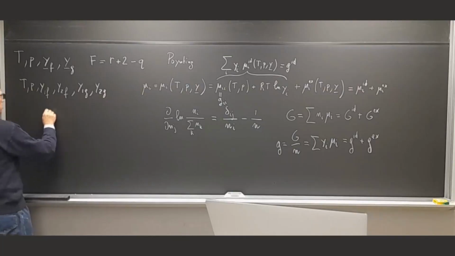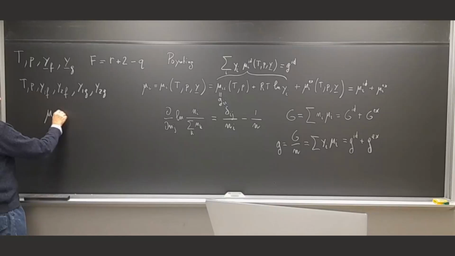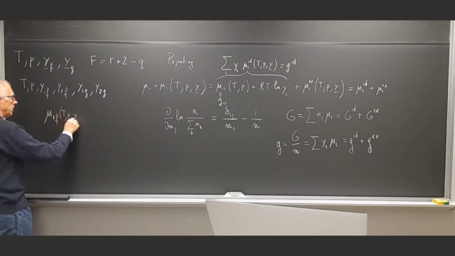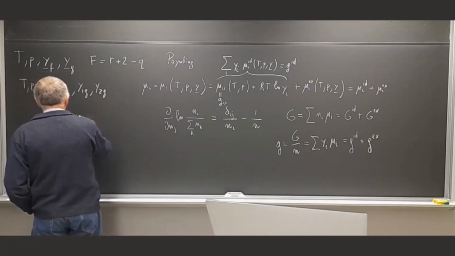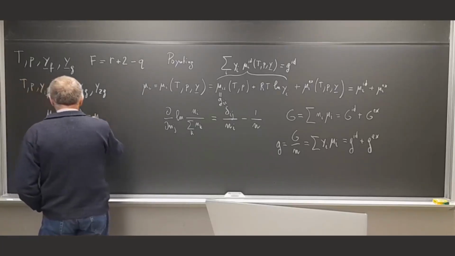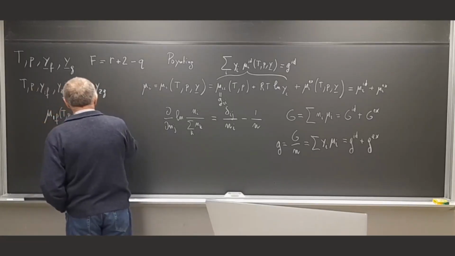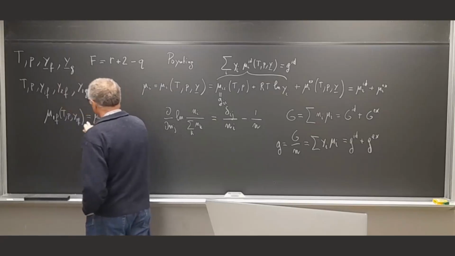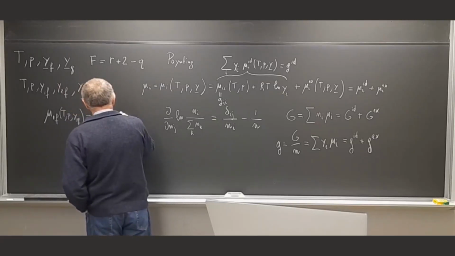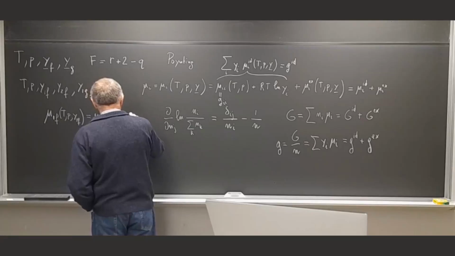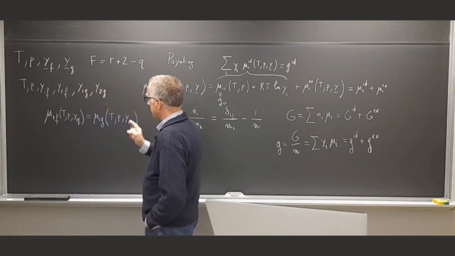This is a binary composition, so it's fixed by the fact that mu1 in phase F must be equal, at T, p, y, let's say y1F, to the chemical potential of component 1 in the phase G. Okay, and that's one condition of